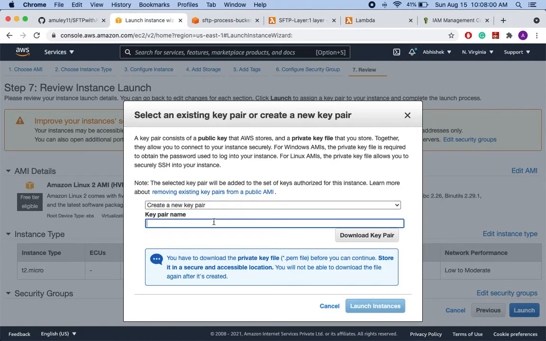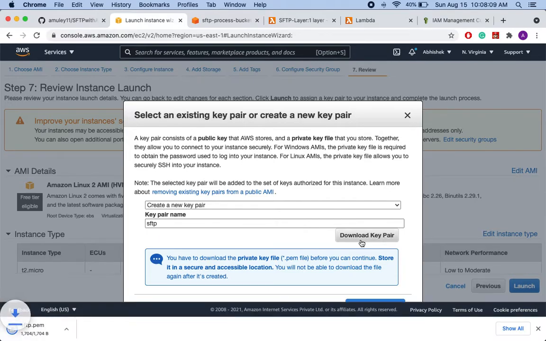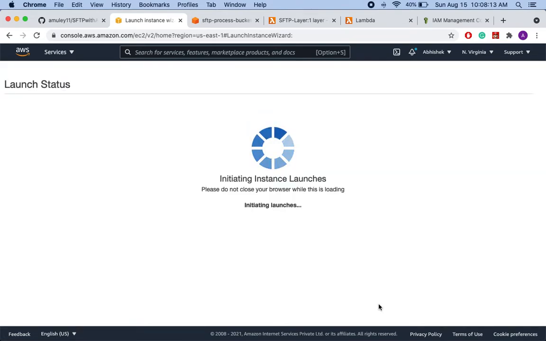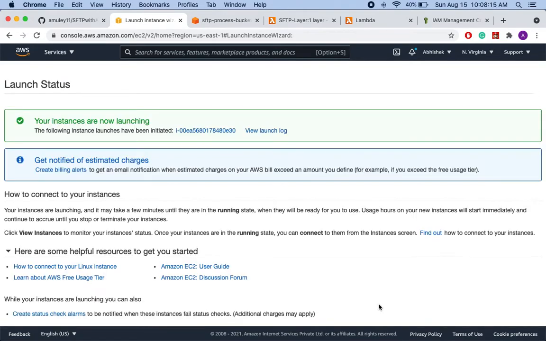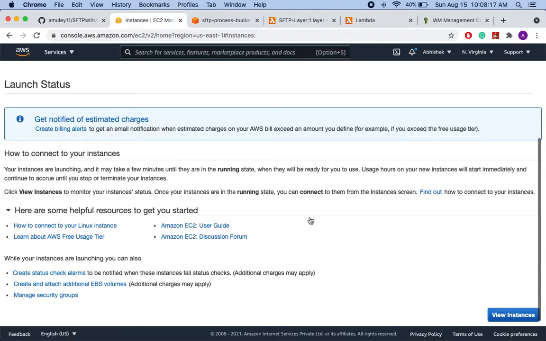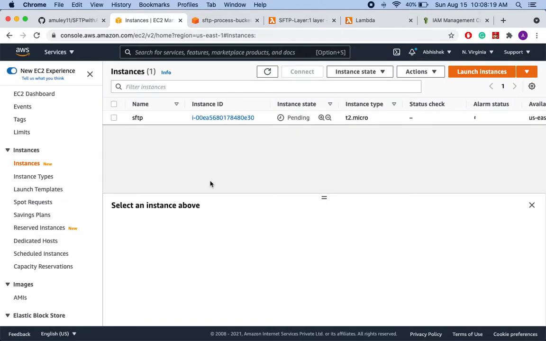So let me create a new group here, SFTP. And let's launch the instance. Okay, so it is in the pending status.